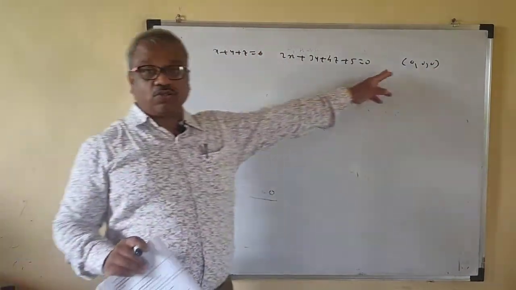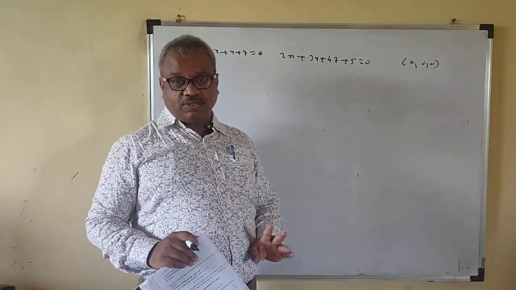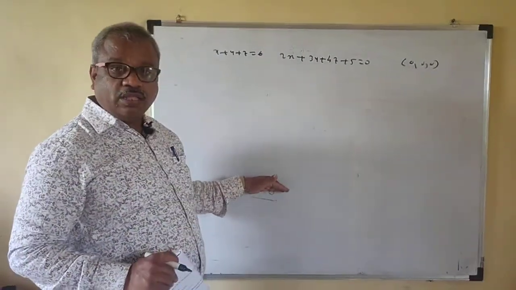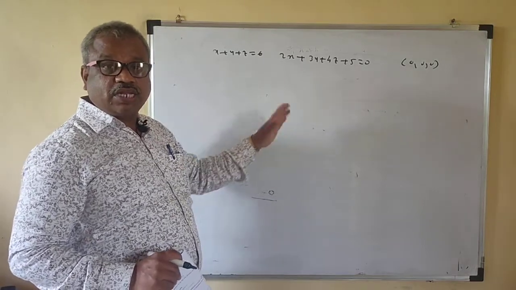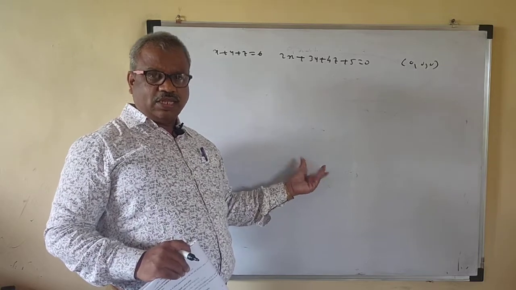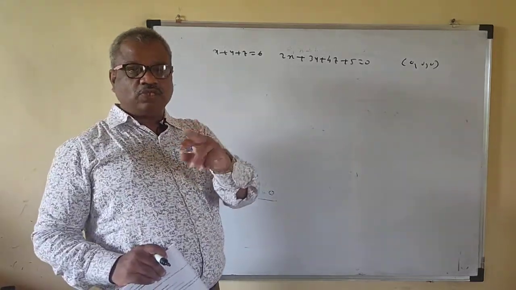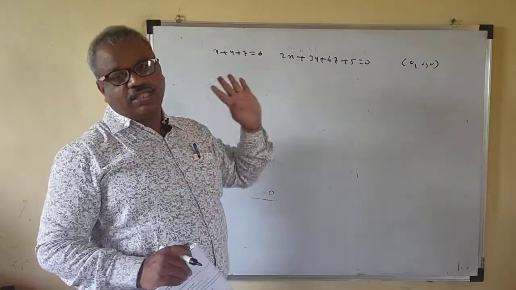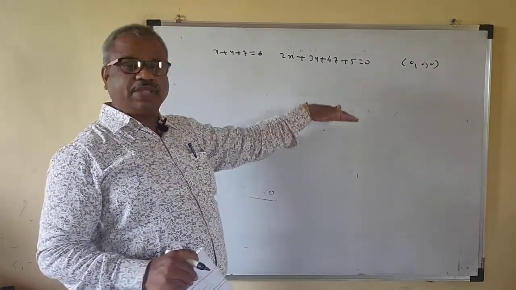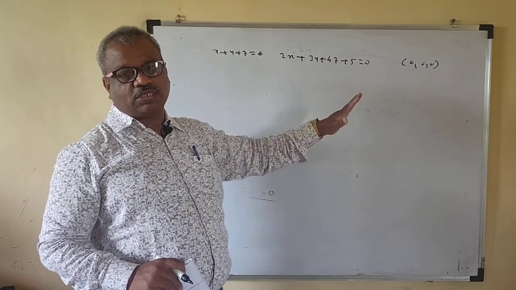Now the plane is passing through the origin, that means the constant term is 0. So check the equation of the plane. If there are three equations which contain the constant term, like plus 5, minus 5, plus 16, something like this, then that will not be your option. If there is only one equation which does not contain the constant term, then that will be your option. But if there are two options which do not contain the constant term, then you have to do it properly.